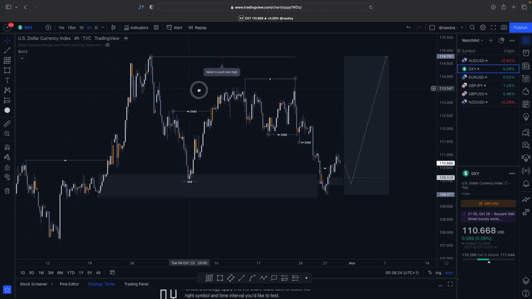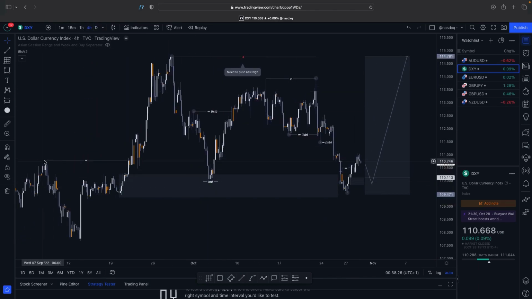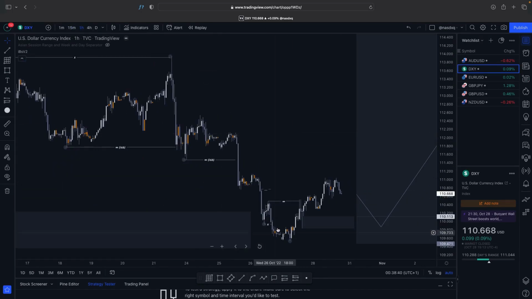And what I saw was this sort of model. So this was the area we just looked at. So it broke structure, came back down. We didn't mitigate 50% of the zone I was looking at. So this, to me, is considered inducement, or like the first tap, if you would. And then once we did come back down, I was looking for that entry model again. So liquidity sweep, which we got there, and then we got that breaker structure in there,